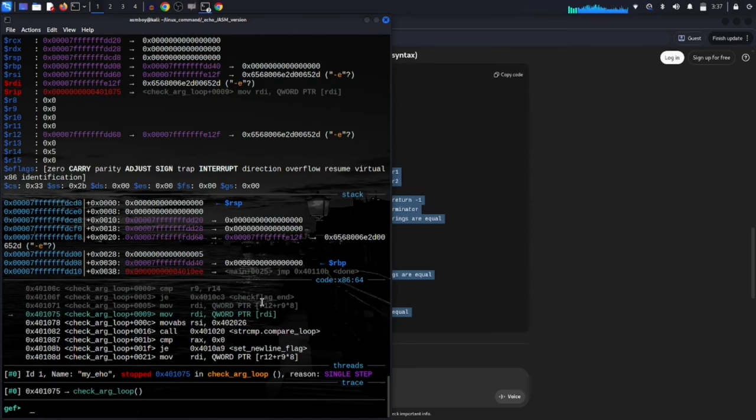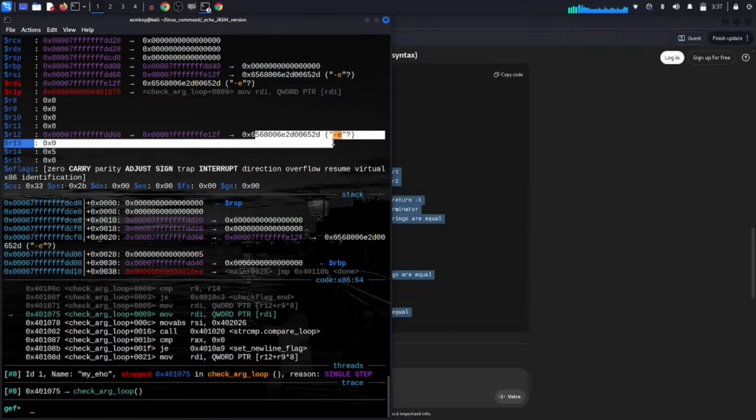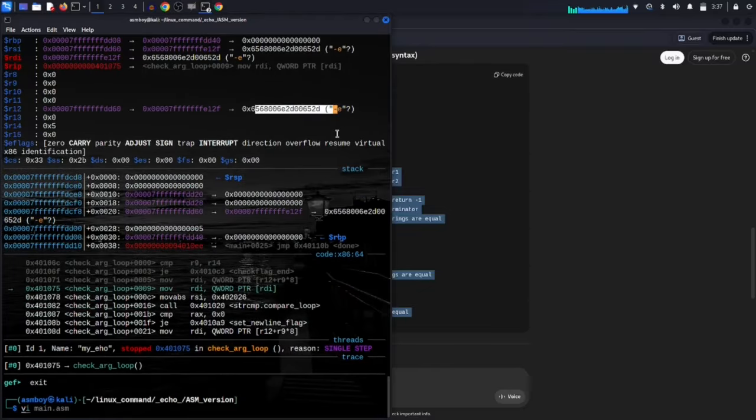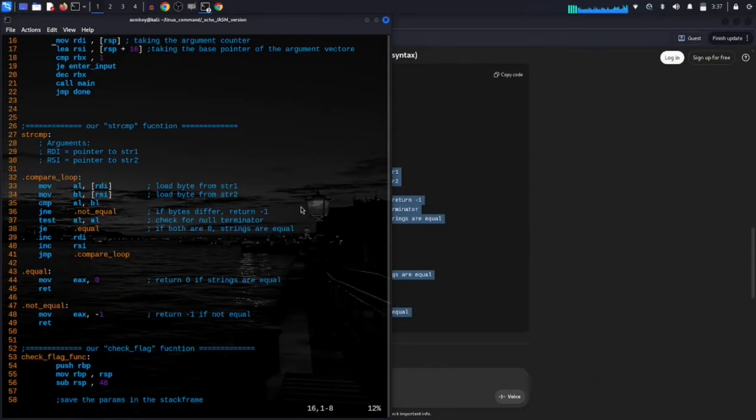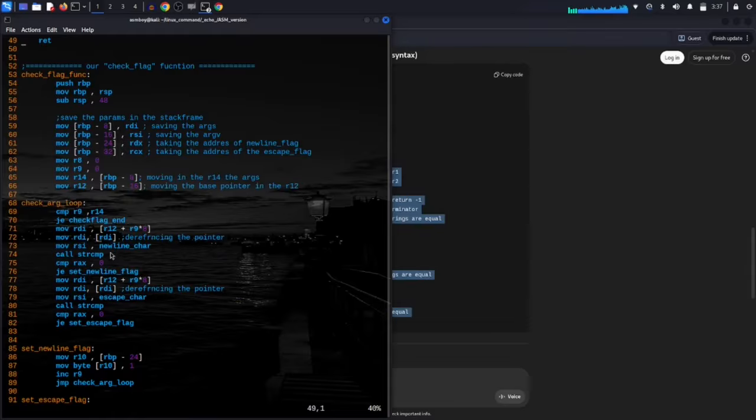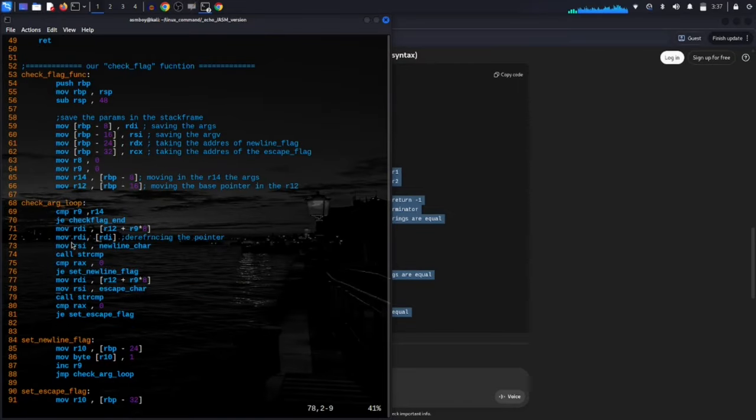I am so sorry guys, because when we did the bracket and the R12 plus R9, we already dereferenced this pointer and got the string. Alright, so this is the problem. We don't need to do the other dereference. So we are going to remove the second dereference. Alright,